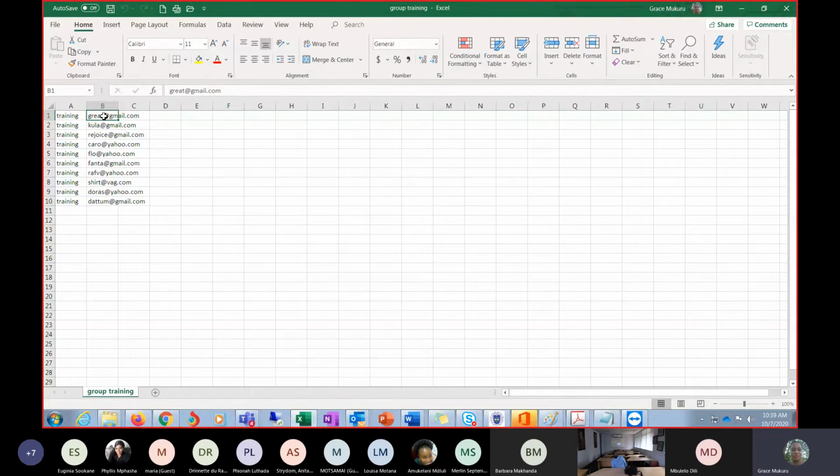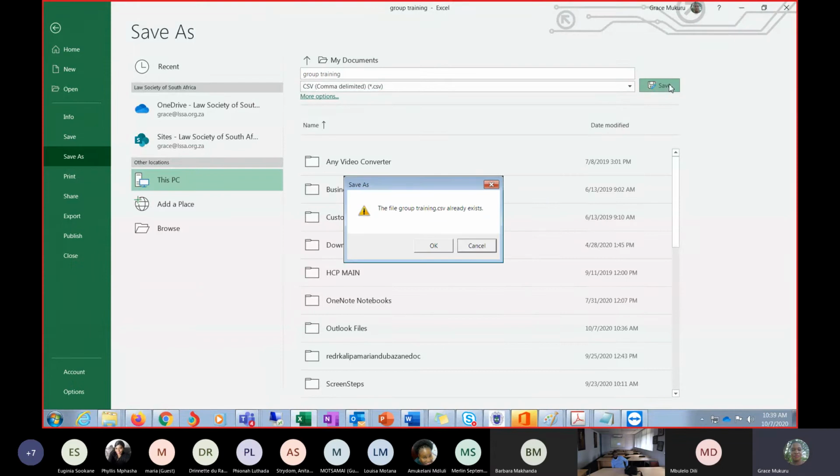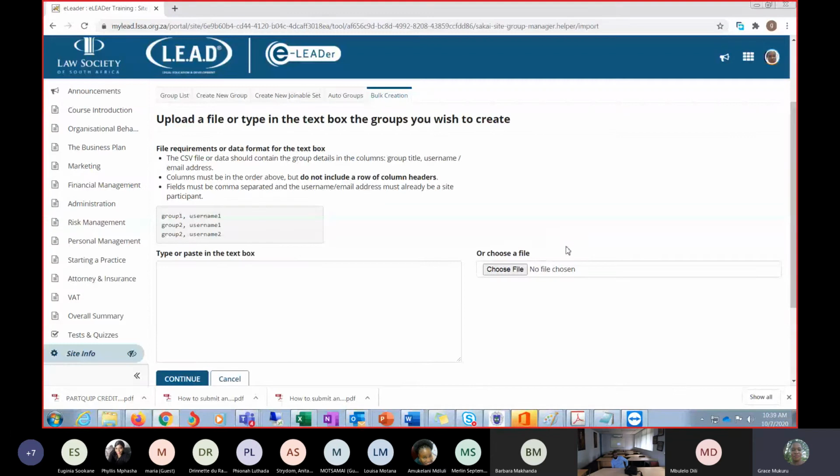Then you need to save it in Excel form, in CSV format. So this I have already created and I have saved. Say file, save as in CSV format, we save. Okay. This is the same file that we are going to take here, where it says now, or choose a